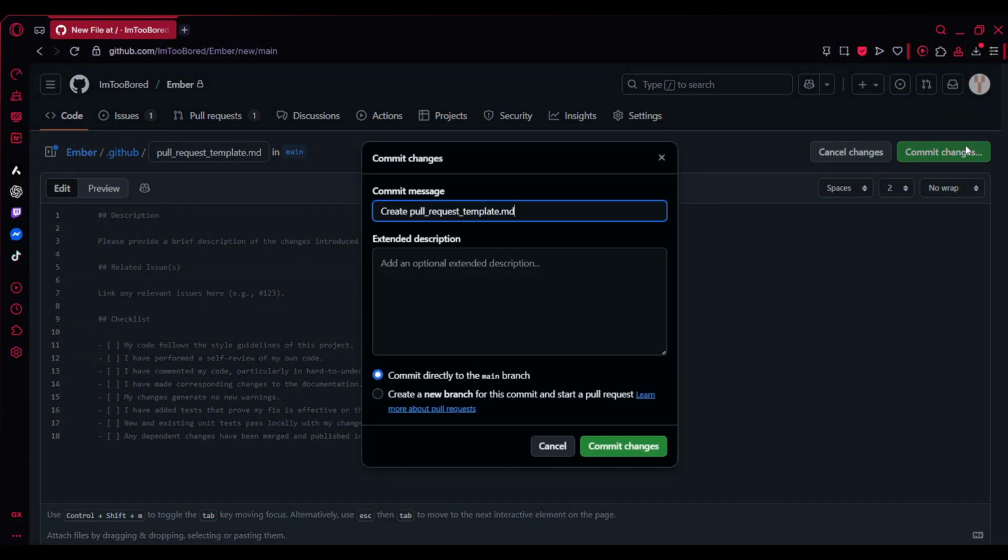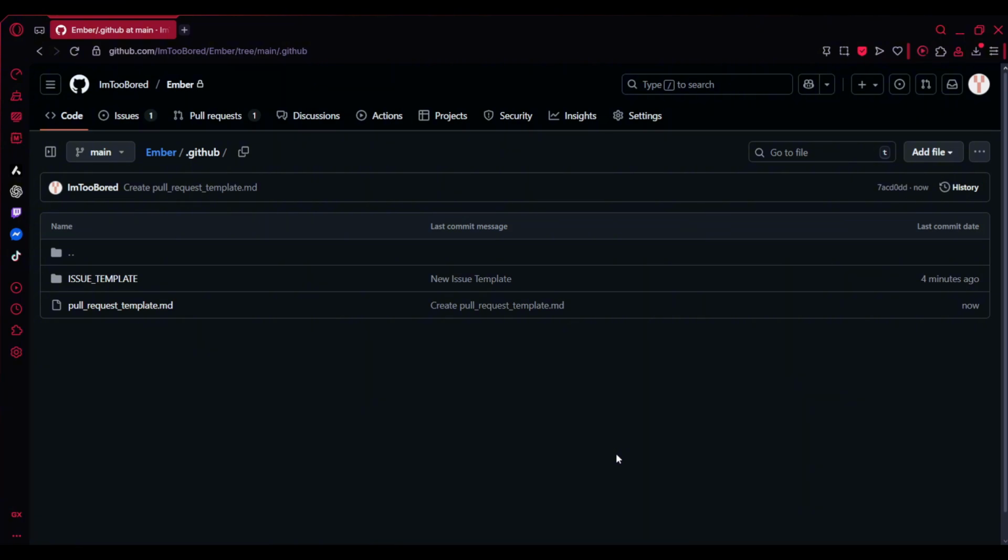Once your template text is ready, press Commit Changes. And if you're coding this in the main branch, then just send it straight there. But alternatively, if you're using a different branch, then just do a pull request to bring this into the main branch. Now after saving, any new pull request will automatically include your template, ensuring consistent information every time